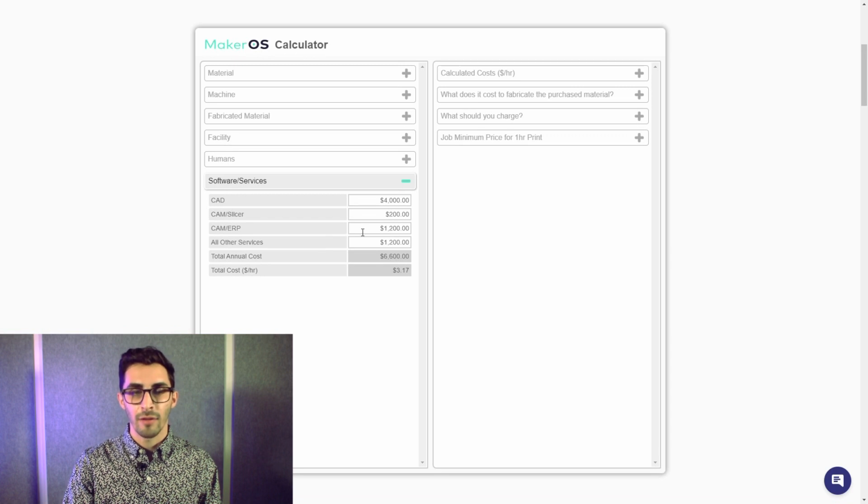And let's say, for the CAM and/or ERP system, that would basically be the system that you're using for either managing your inventory and your CRM system to manage your clients. What does that cost annually? Now, for the next one, for all other services, this is where you want to calculate your web hosting fees, your email service provider, and anything else that goes into the support of the business to help you run